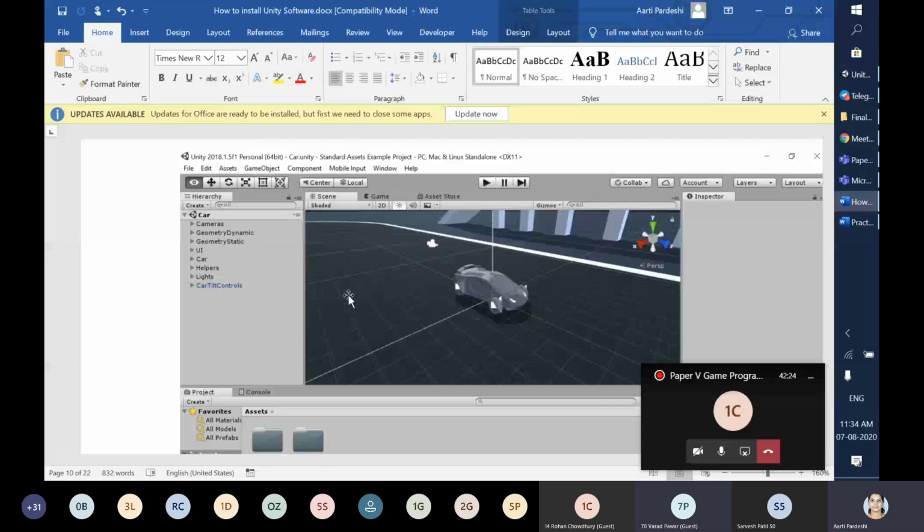Okay, so this is the whole Unity software window, and you will be able to see this car. If you want to play, here are the three buttons: play, pause, and next, which is actually for jumping to different scenes, but you will always play between play and pause. So once you click on play, the car